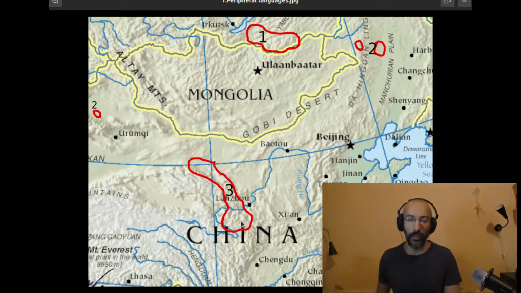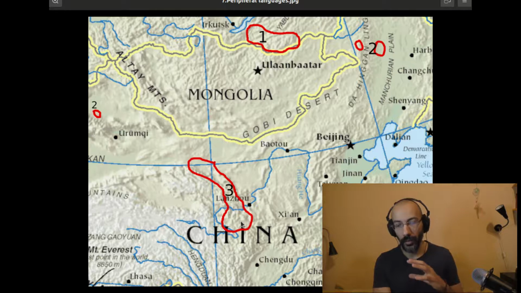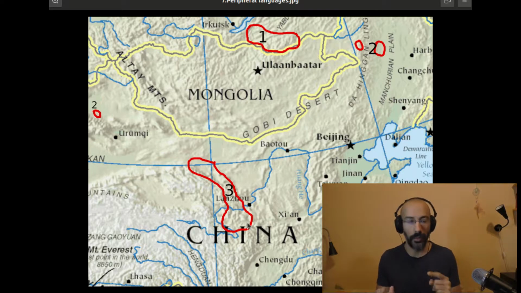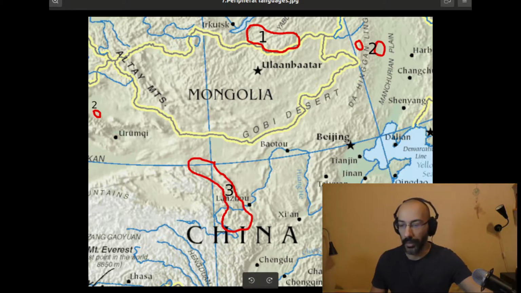But if we speak only about Mongolic languages, we have a number of varieties which are mutually not intelligible. Okay, and of course these varieties spoken in area number 3 are really distant from Halch, from Inner Mongolian, from Buryat, or from Oirat. So these are really distant varieties. And last but not least,